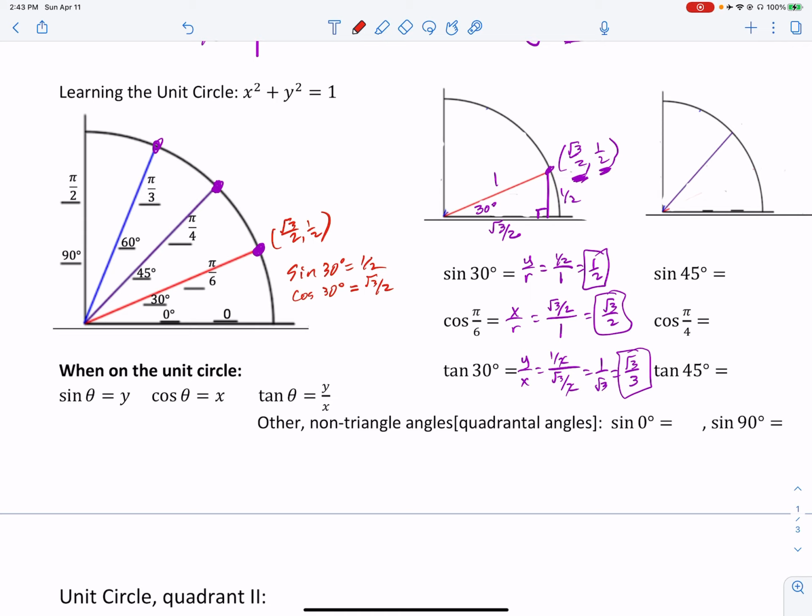And then tangent is your y over x. It's actually because tangent is your sine value over your cosine value. And that's where we got that to be root 3 over 3. So tangent, you still need to do the y over x, but sine and cosine can actually go a little faster. All right, so